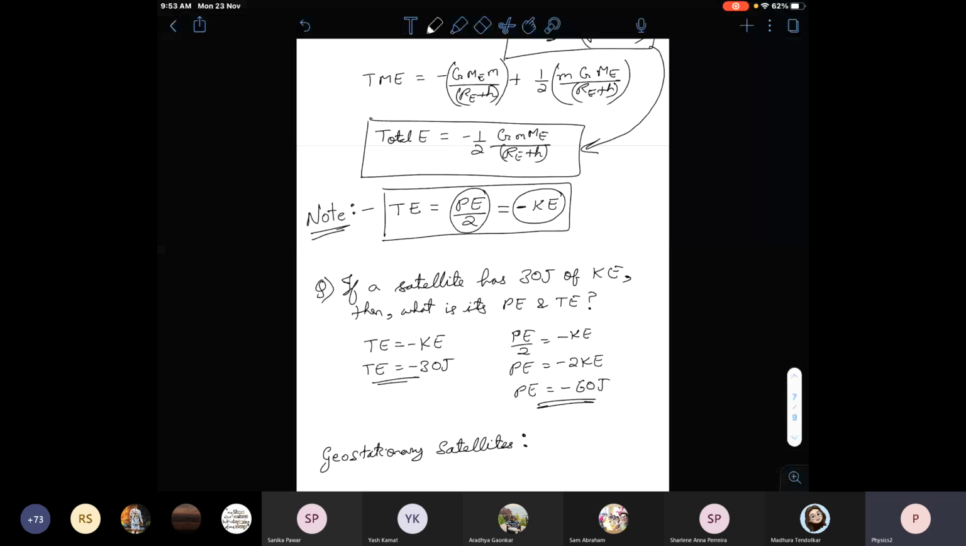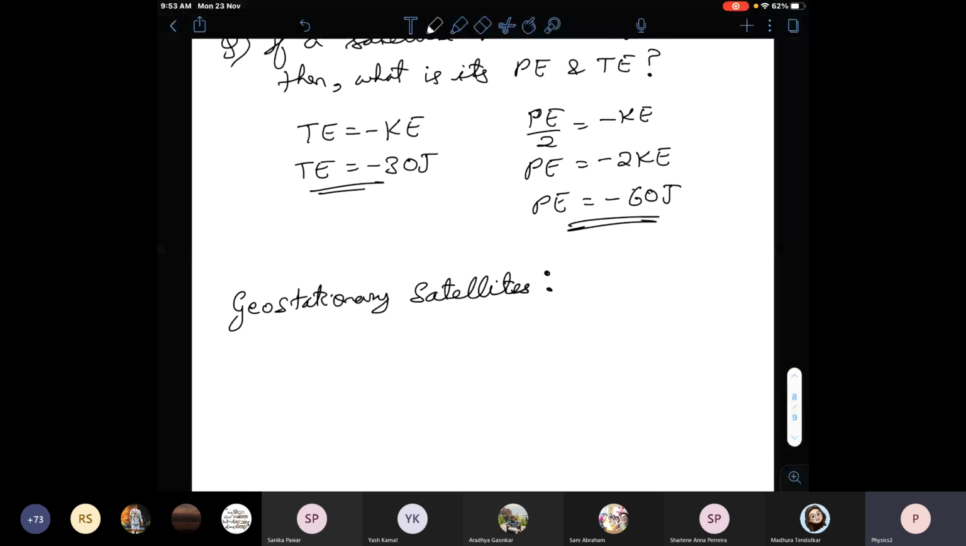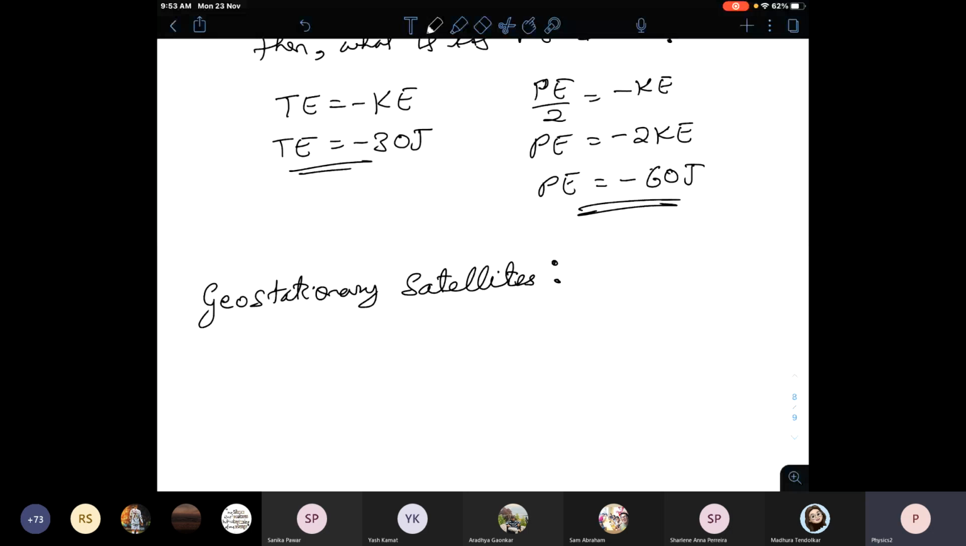Okay, geostationary satellites. I just told you what geostationary satellites are. Geostationary satellites can be written like this: satellites which